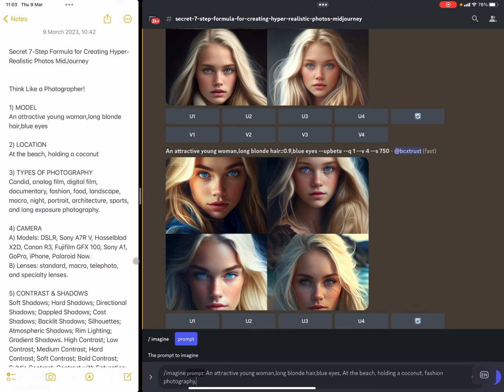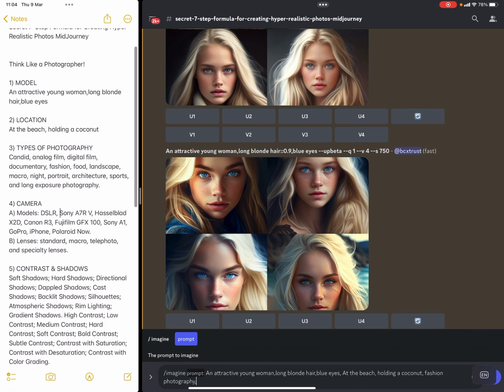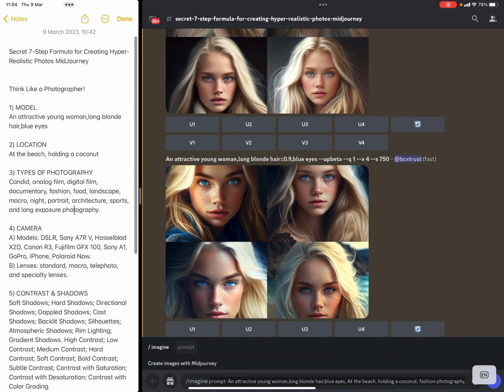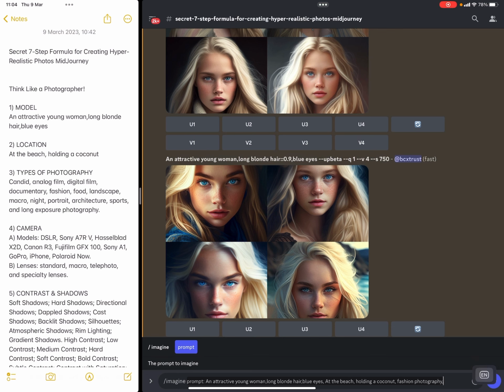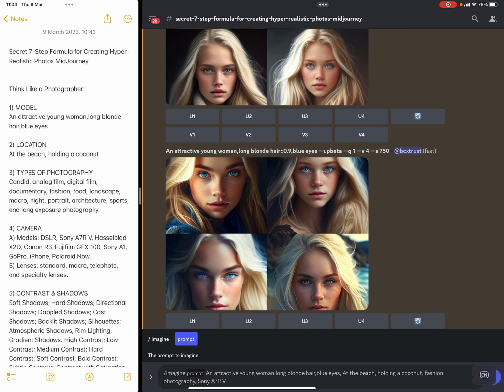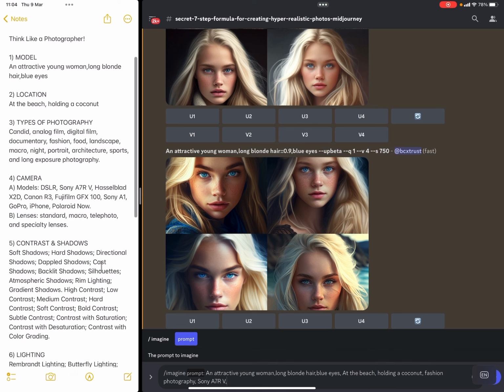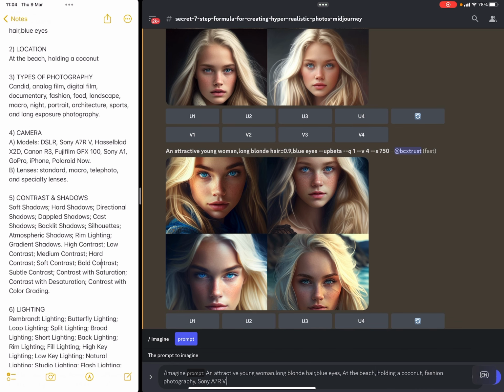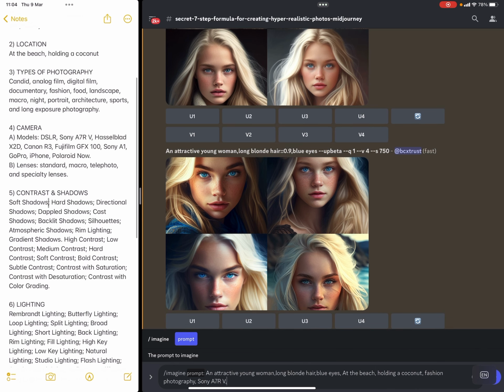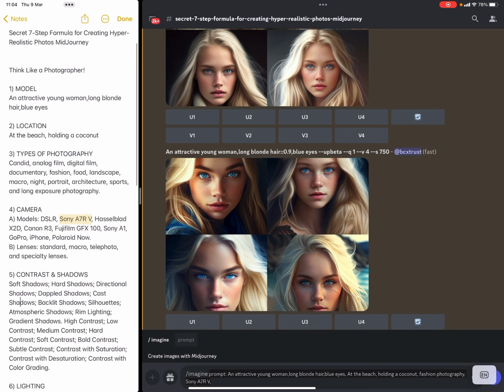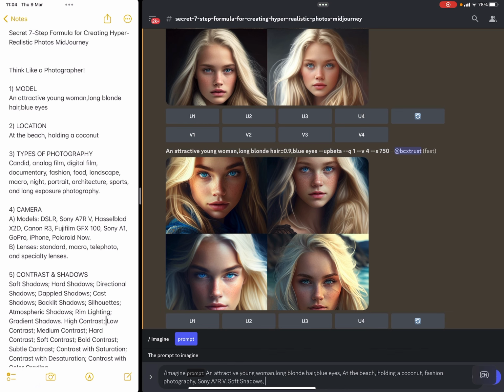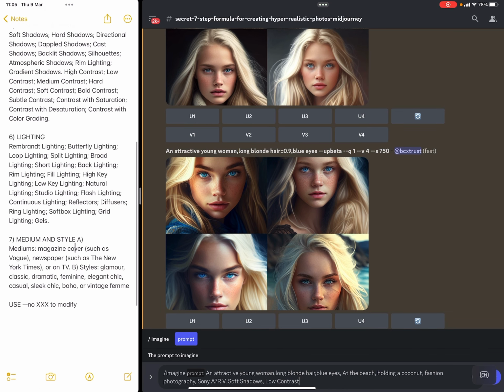Then I will pick the camera. I could just try to pick, for example, choose the Sony camera here, and we will later on do modifications of every step here. So you will see how it's changing. Separate it again. Then I go down to the contrast and shadow. So I will put in, you cannot just use one, of course, but I will use here soft shadows, low contrast. Okay, and then we will go to the lighting, and here you have got a lot of different lightings,